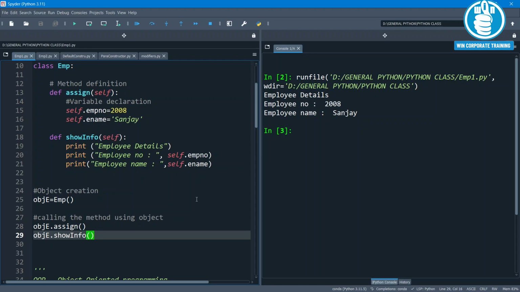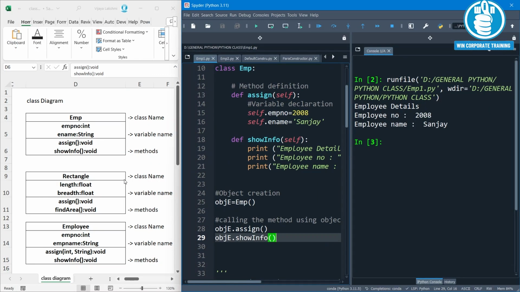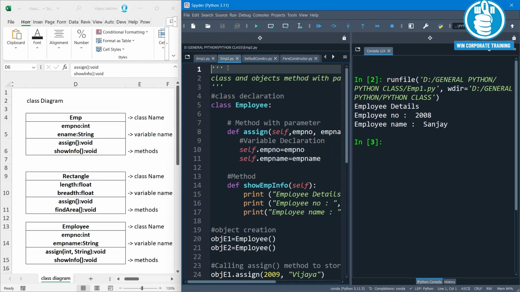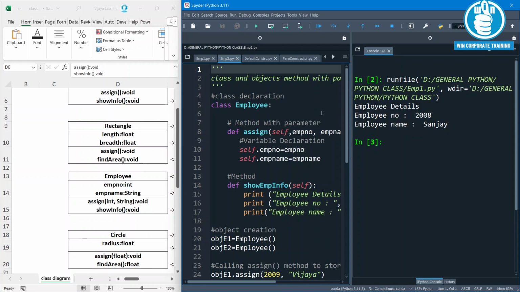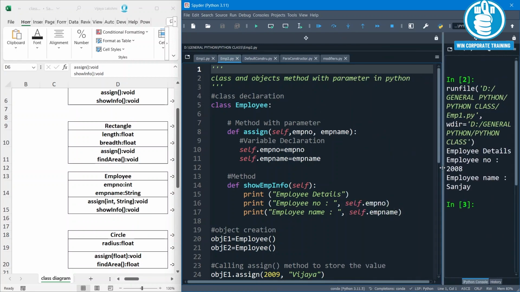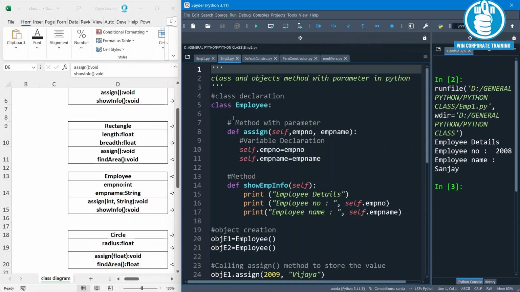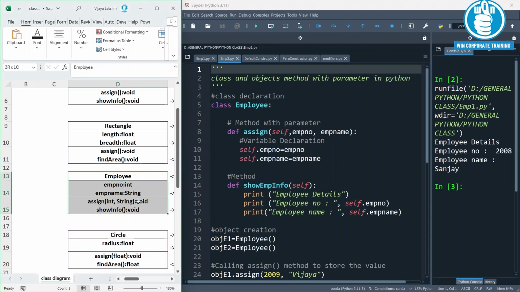Now we will see the second example. The second example is an example for a method. A second example is a class, object, and a method with parameter. Now let us see the class. Try to understand the class diagram.